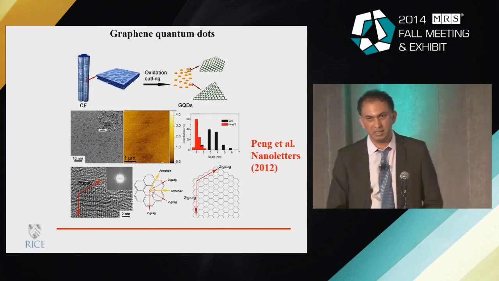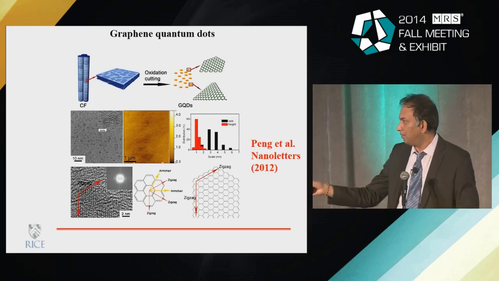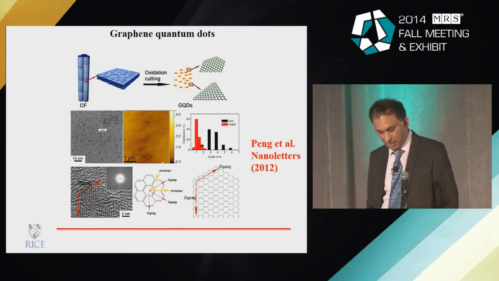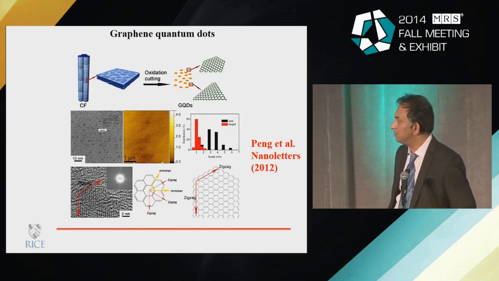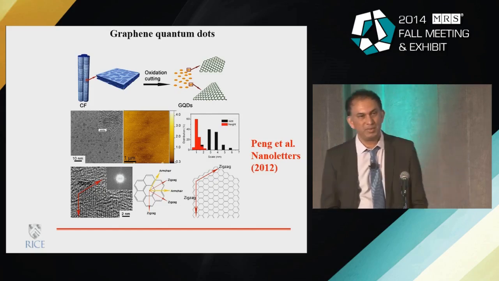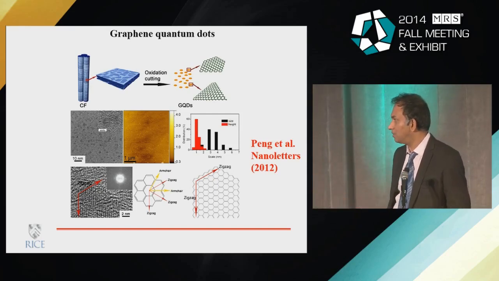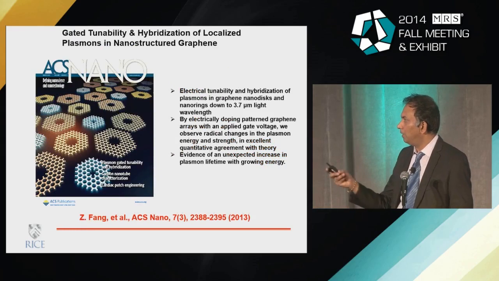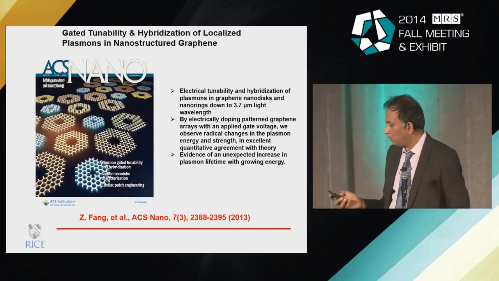There's a large number of work related to creating quantum dots from these materials so that you have a clear band gap. Of course, the band gap arises not just simply from the confinement of the size, but also from some chemical groups that get attached to these surfaces because you are breaking it down using some chemical methods. But nevertheless, you can have a clear change of band gap as you decrease the size of this material. And it's also valid for many of the other two-dimensional materials like the dichalcogenides and so on. So there's large amount of work now trying to replace the traditional quantum dots with these type of two-dimensional quantum dot material.